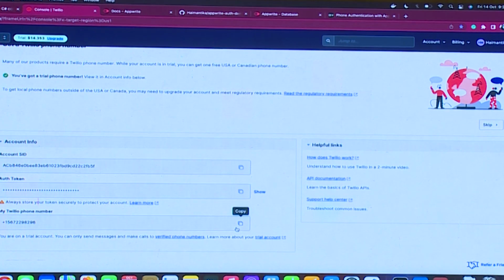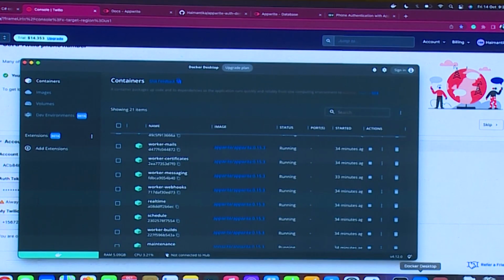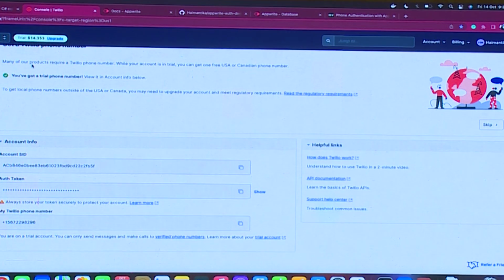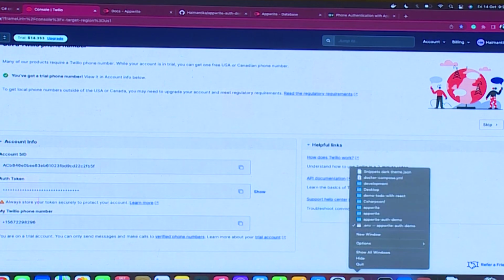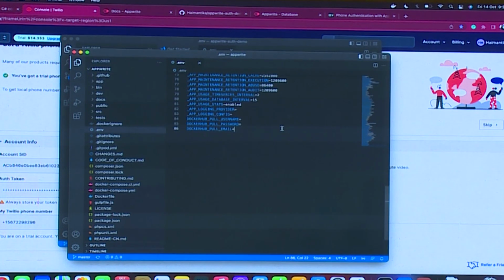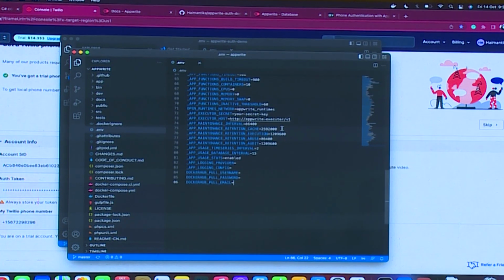Now we come back to a bit of difficult part. So you have AppWrite installed already, and you see that it's running in your Docker. Once you have installed AppWrite, it will be there on a folder. And like any good coder, you need to open up your favorite IDE. For me it is VS Code. There is a folder called AppWrite, and we come here and we see that there is a .env file.